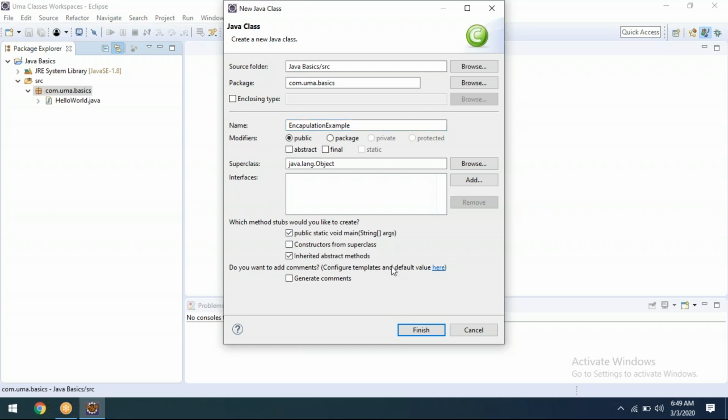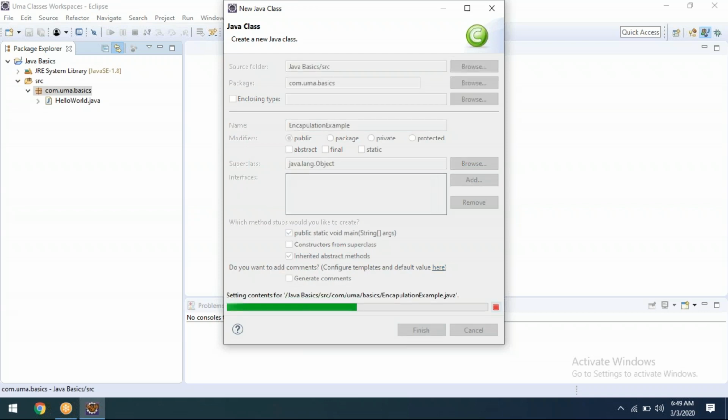Here I need a main method, so I'm putting it here.